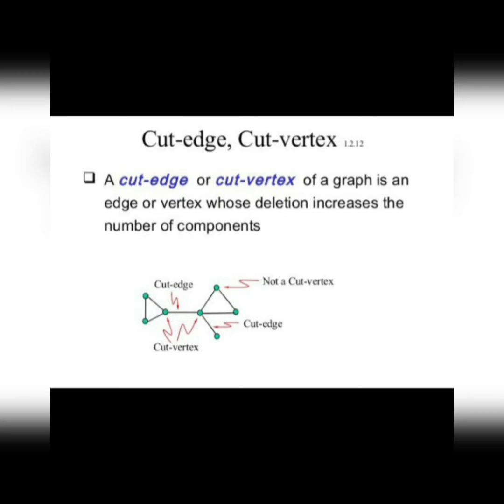I have marked two cut vertices and two cut edges here. If we remove those vertices from the graph, we will get two components, so the graph becomes disconnected. Such a vertex is called a cut vertex. Similarly, I have marked two cut edges in this graph. If we remove these edges, we'll get an isolated vertex, so we'll get two or three components in this graph. That is, the graph has gone disconnected.